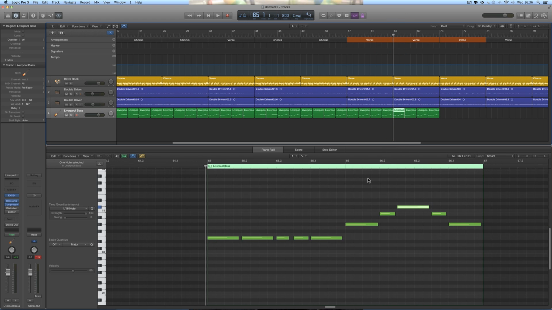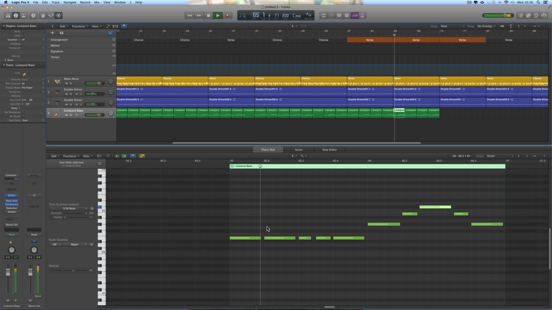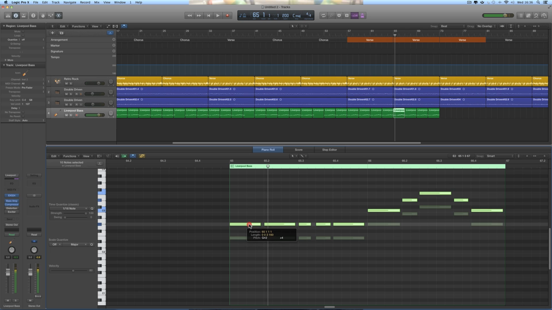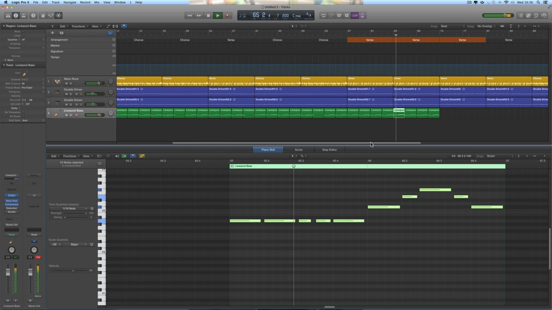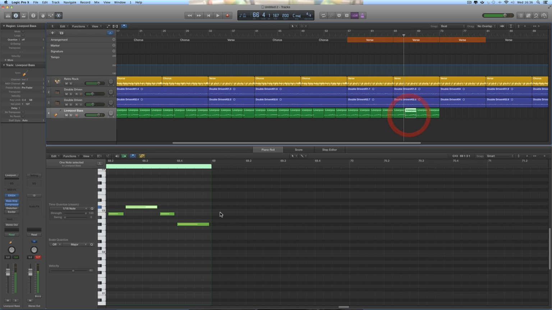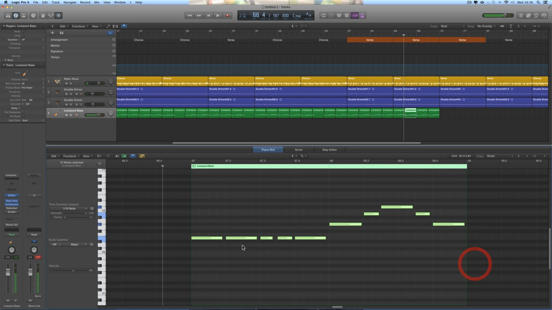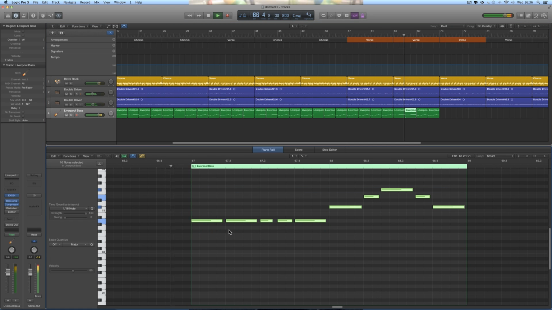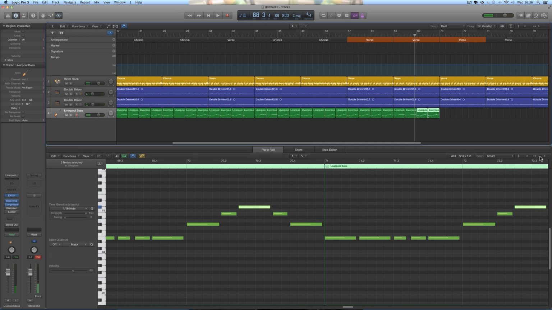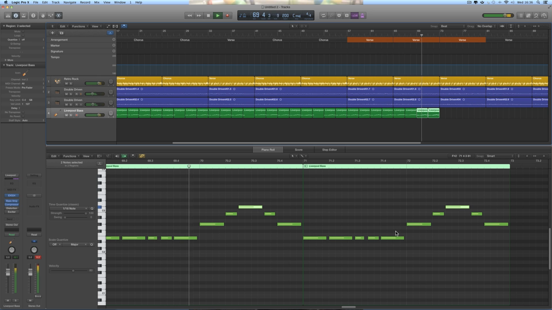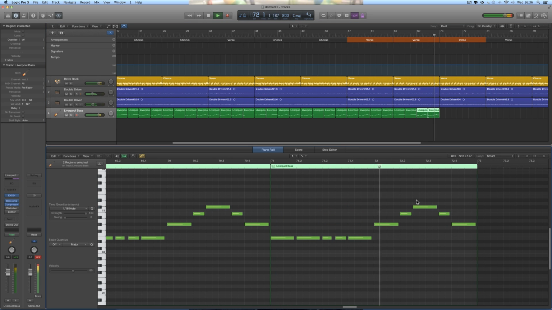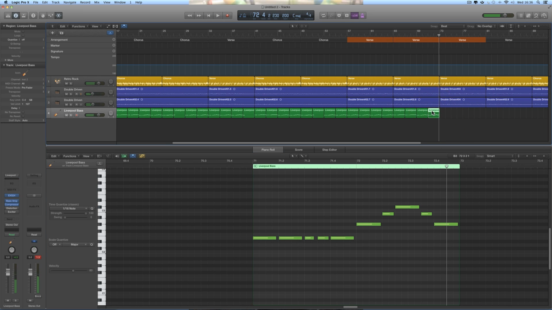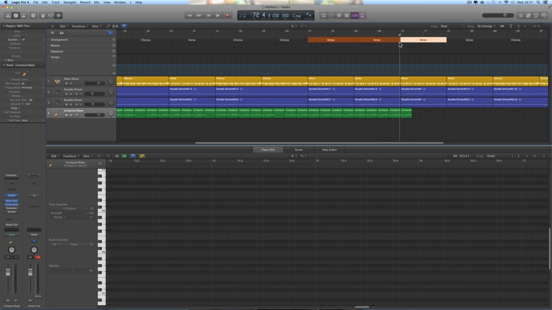So the first pattern for the next 8 bars of the solo, it goes up to the A, and for the next 2 bars, A again. Then for these 2, back down to E. Right, then I'll copy that pattern, Alt, across to the next and final part of the verse solo section,